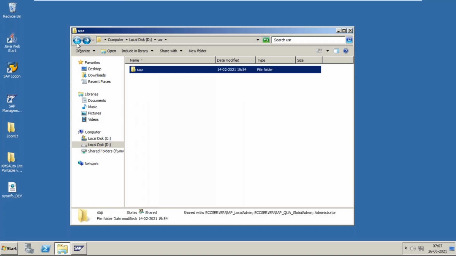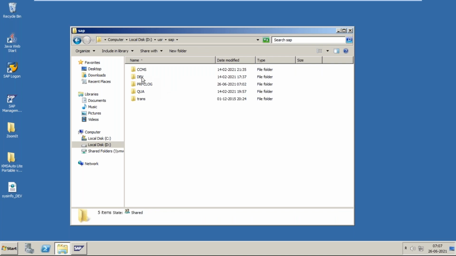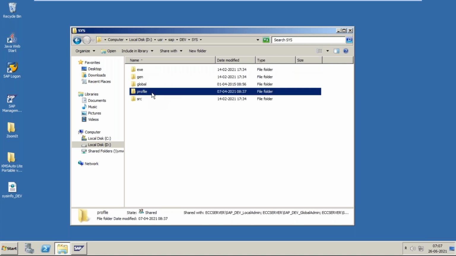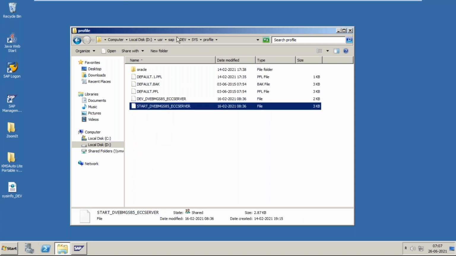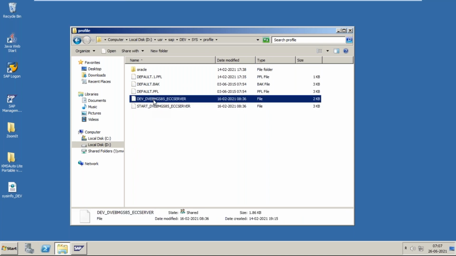In the same way, whatever folders are created in the C drive whenever we install the OS, whenever we install SAP, SAP supported folders are created. One of the folders is the profile folder. In this folder we have the default profile, the startup profile and the instance profile.